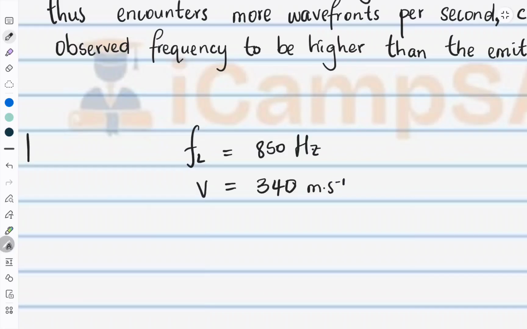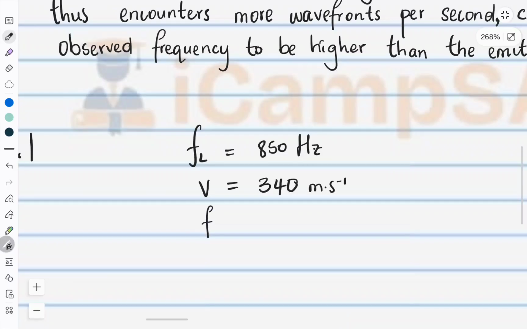We know the emitted frequency, the frequency of the source, Fs. We are told it's 780 hertz. All right,